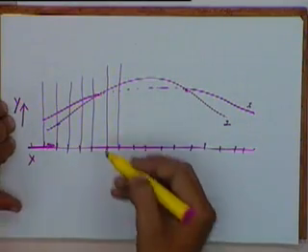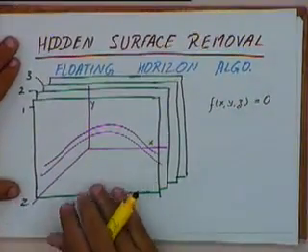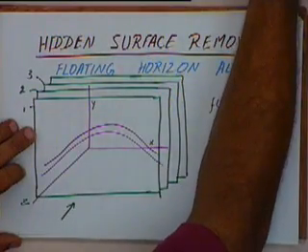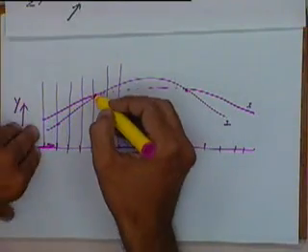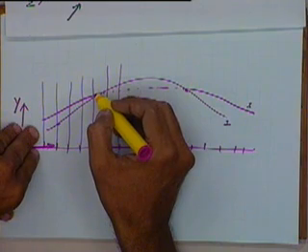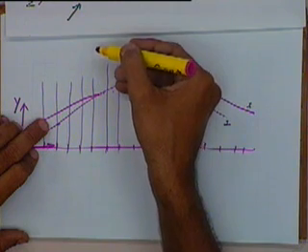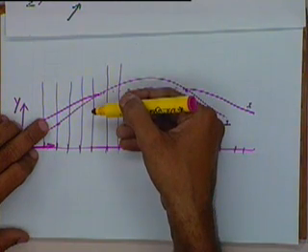That means as we are going for successive planes, we took the first plane, then we took the second plane behind and the third plane behind that, and so on. That means we are slowly shifting the horizon backwards, and the current y value at each point will tell us the current position of the horizon. If any entity is above this horizon, it will be visible. If any entity is below this horizon, it will not be visible.